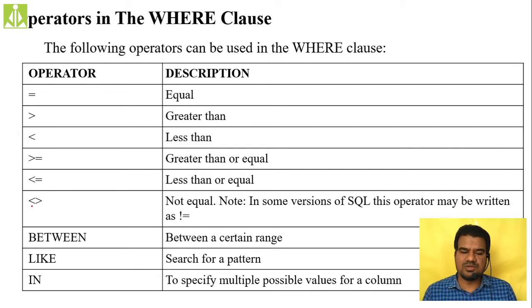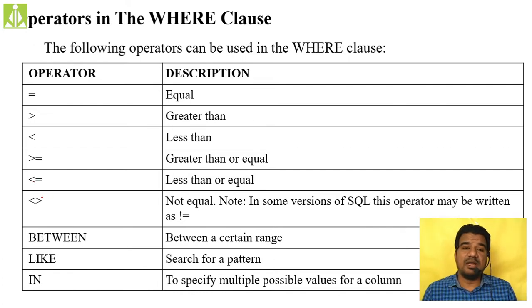All these queries, once again, we will frame one by one. There you will understand the importance of all these relational operators, along with the between, like and in operators as well. So you have all the relational operators, comparison operators here. Equals to, just to have the exact match value. Greater than, to find the greater values. Lesser than, to find the lesser values. Greater than or equals to, same meaning. Lesser than or equals to, same meaning.